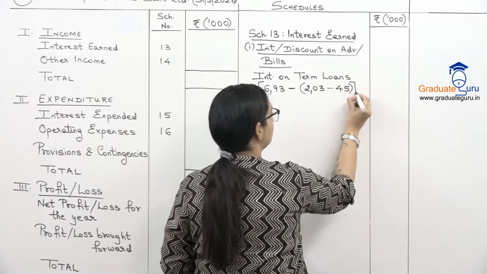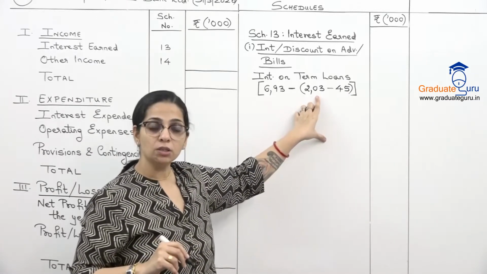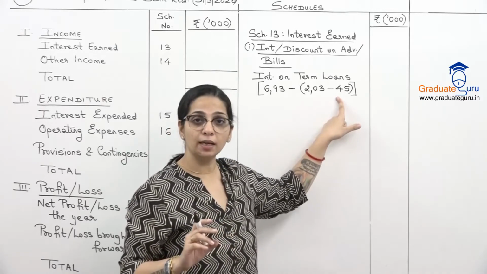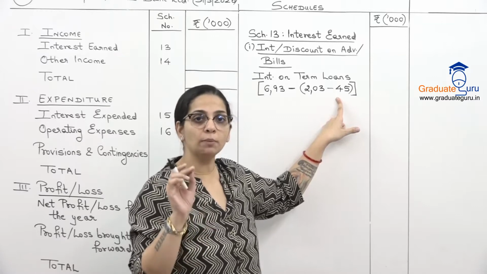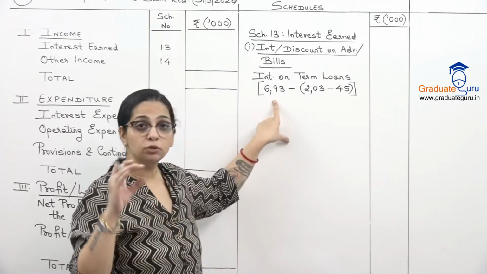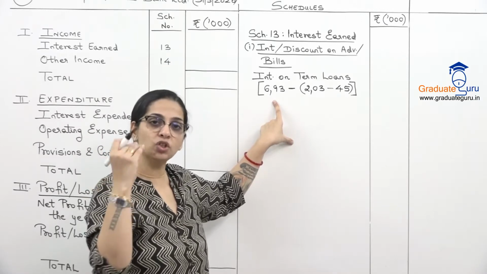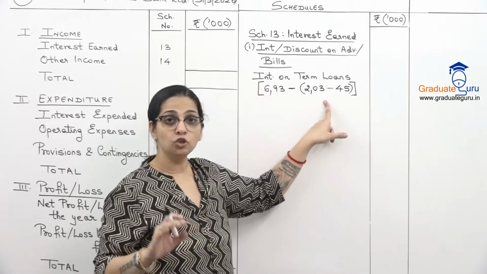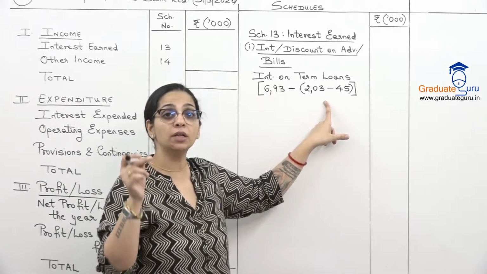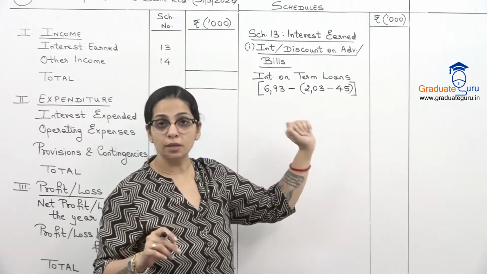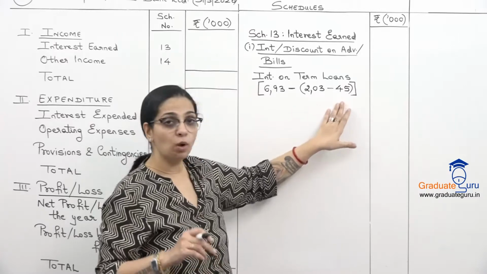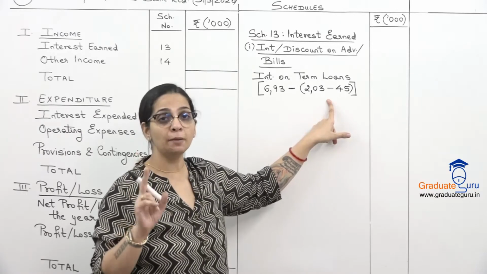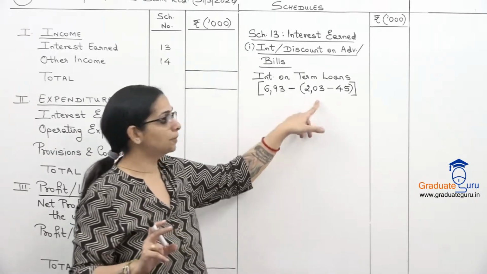Now why am I subtracting this? This is the total interest earned minus what I received. So what will this amount represent? What I have not received on my NPA. This is total interest, all the term loans, which are standard as well as non-performing. So from here, the amount I have not received on the NPA, I am removing. So this is total minus what I received. So this represents the interest not received on the NPA. And that is what I am subtracting from this.